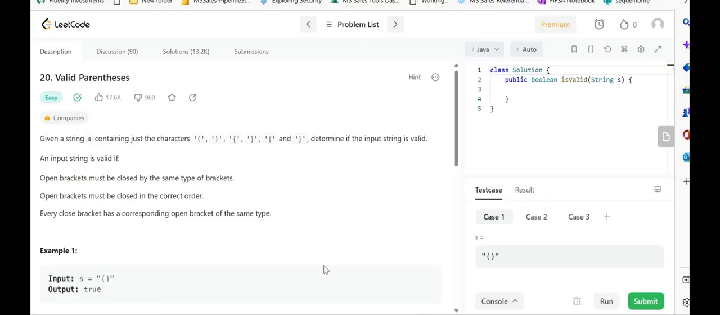Hi everyone, today we are going to discuss LeetCode problem number 20, Valid Parentheses. In this question, given a string containing just characters, determine if the input string is valid. The input string is valid if open brackets must be closed by the same type of brackets. Open brackets must be closed in the correct order, and every closed bracket has a corresponding open bracket of the